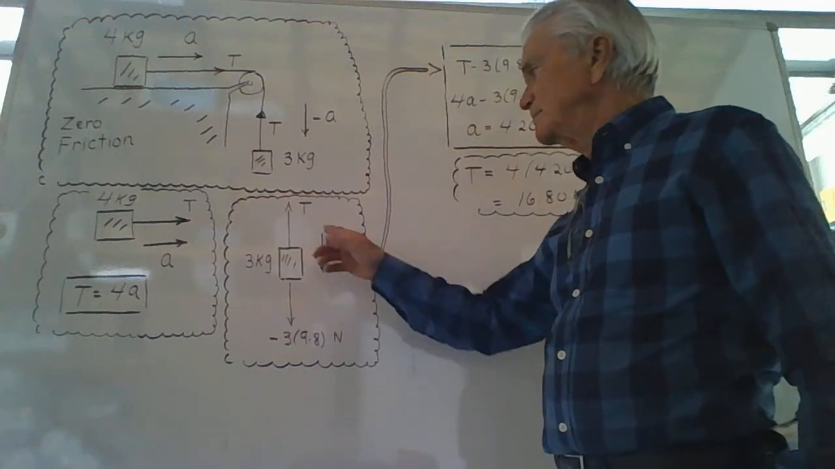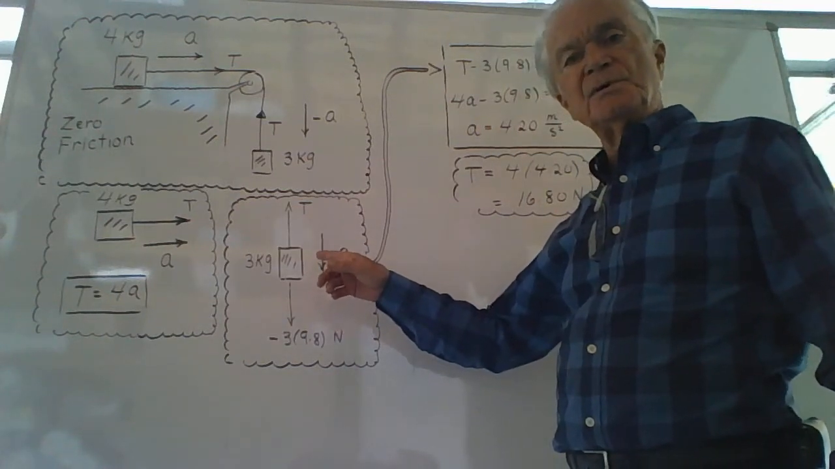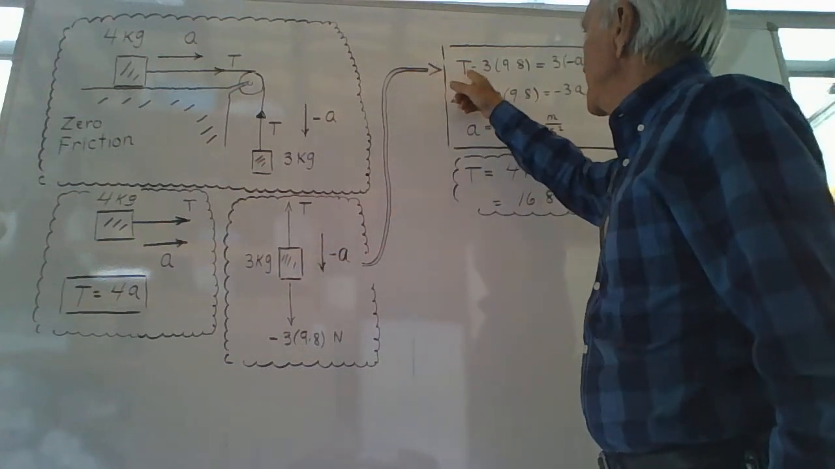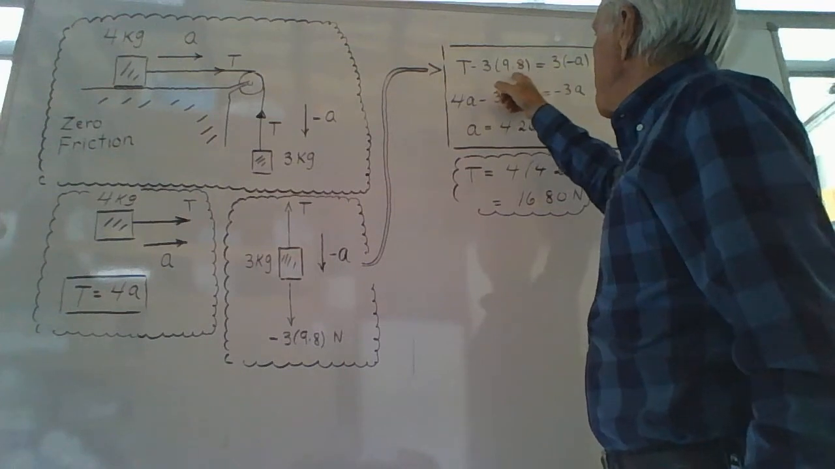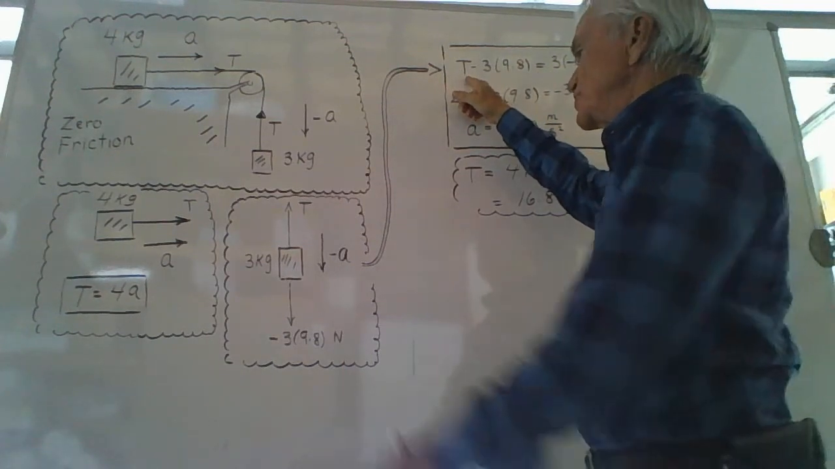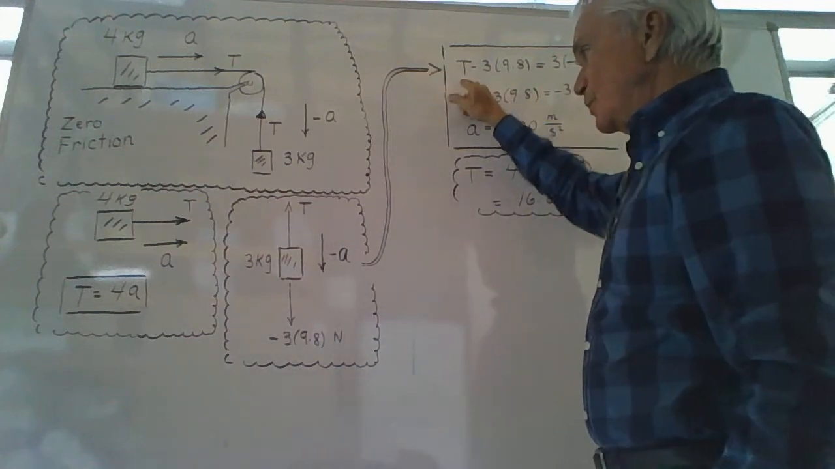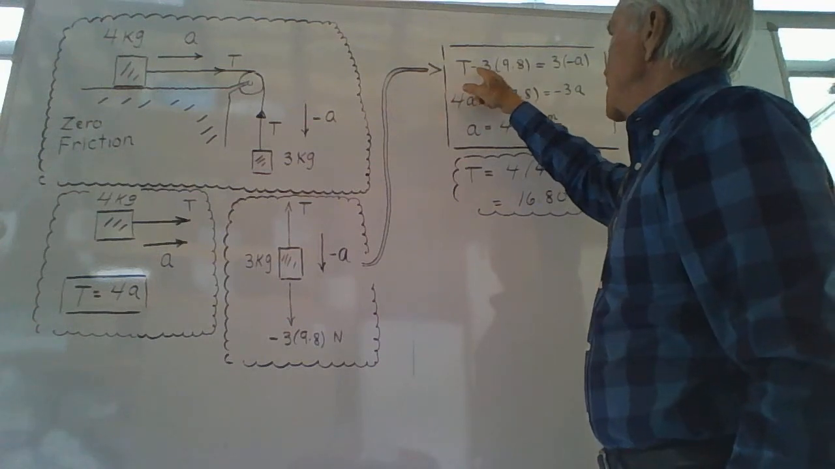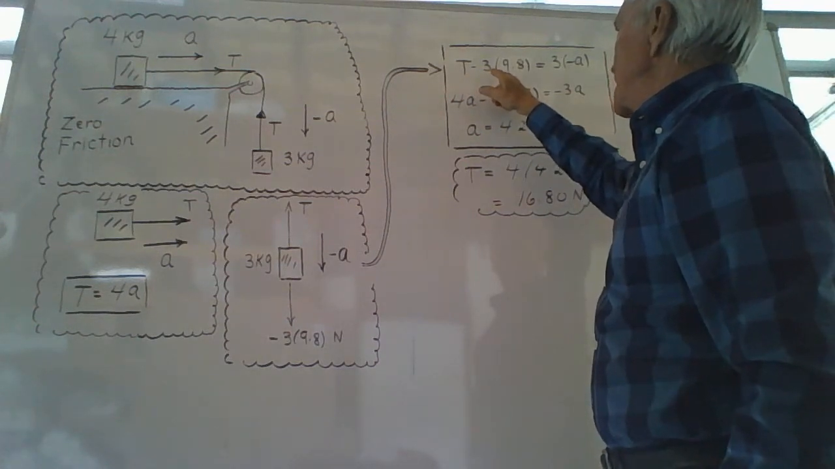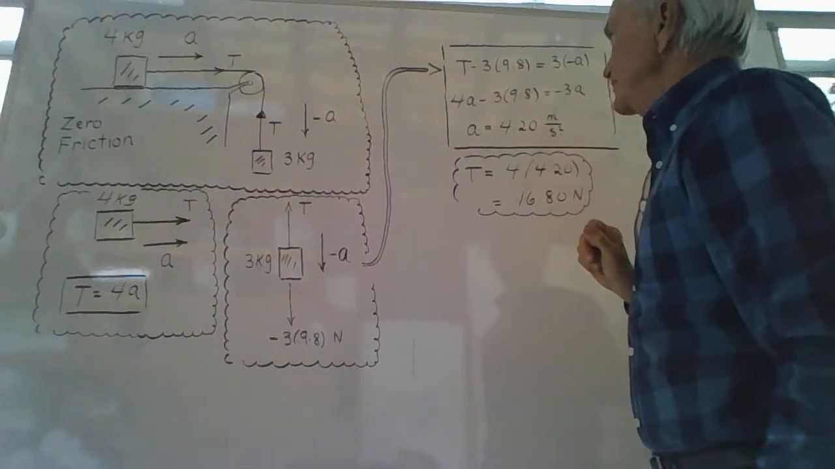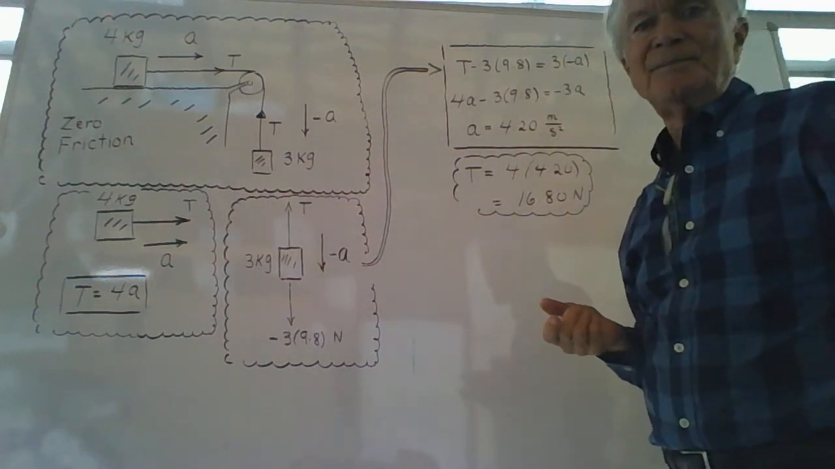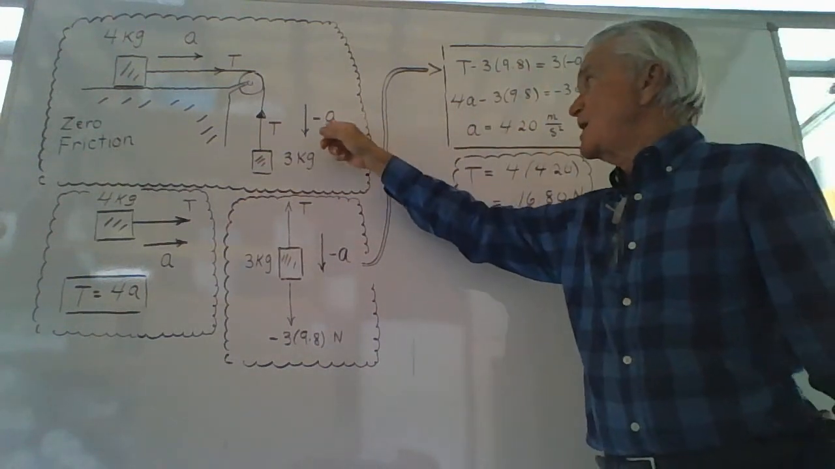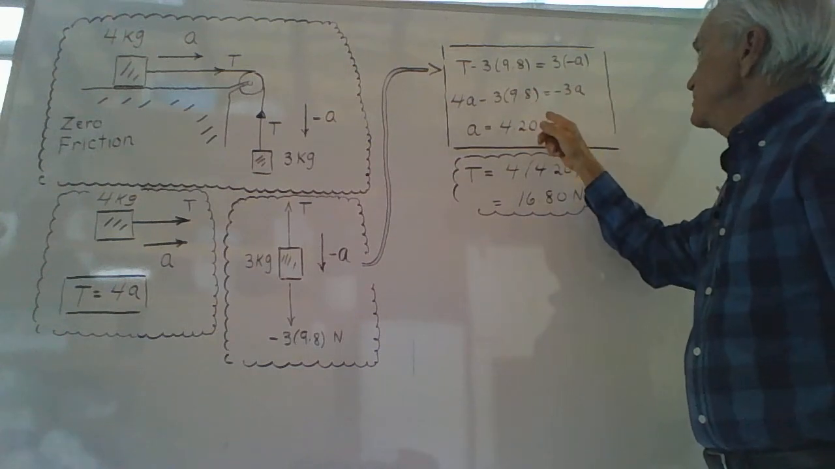This picture here will lead to an equation based on F equals ma. The left-hand side of this equality is the net force acting on the 3 kilogram object. One force is a tension force acting upward in the positive direction, and the other is the pull by earth, negative mg, negative 3 times 9.8. Right-hand side is ma. Mass is 3, acceleration expression is negative a. Solve this equation